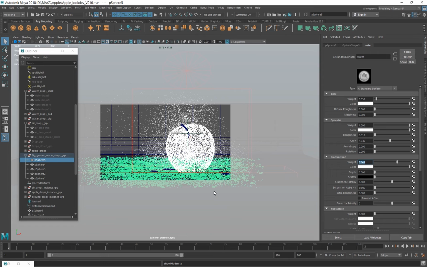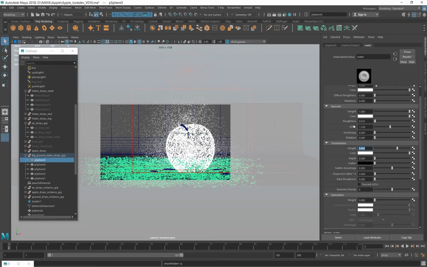I've adjusted these settings according to what I was seeing in the render. These settings were giving me the output I was looking for, matching the reference I was following. So I was using a little bit of diffuse with the transmission to get that output. And for the speculars, I've used IOR 1.33 and it's fully glossy.